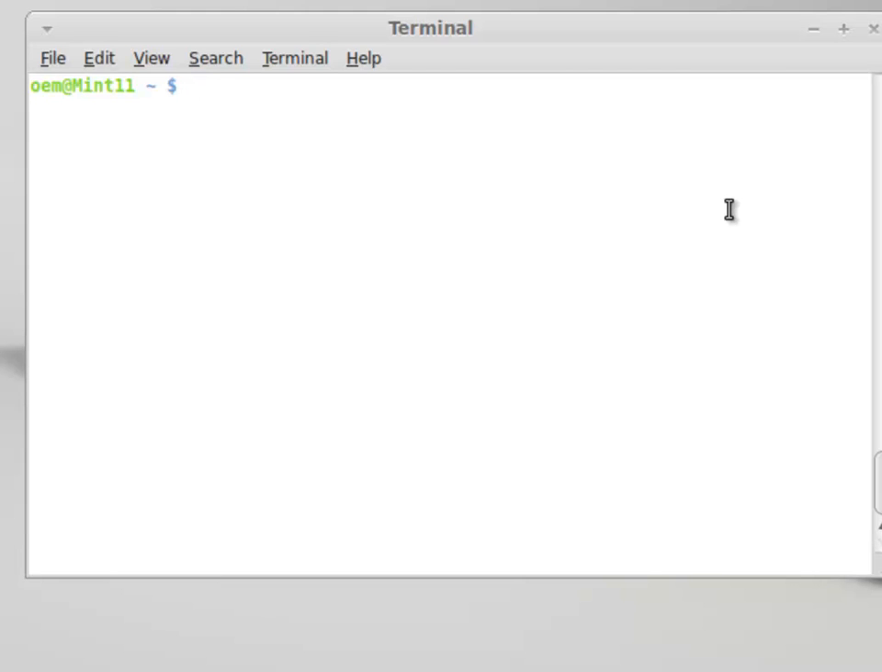Recall in FTK Imager we computed two hashes. We computed an SHA1, Secure Hash Algorithm 1, and an MD5, and in ProDiscover an MD5. And so let's go ahead and we want to image SDB. Let's make a directory, evidence,